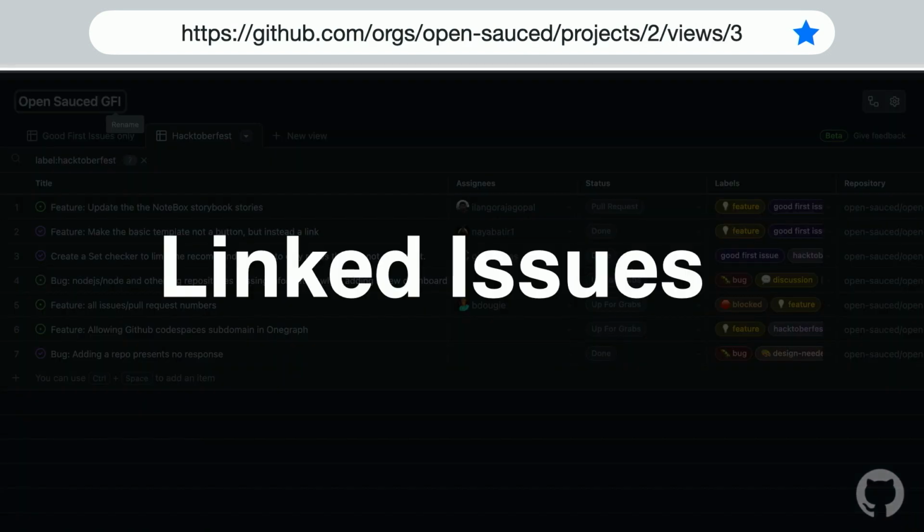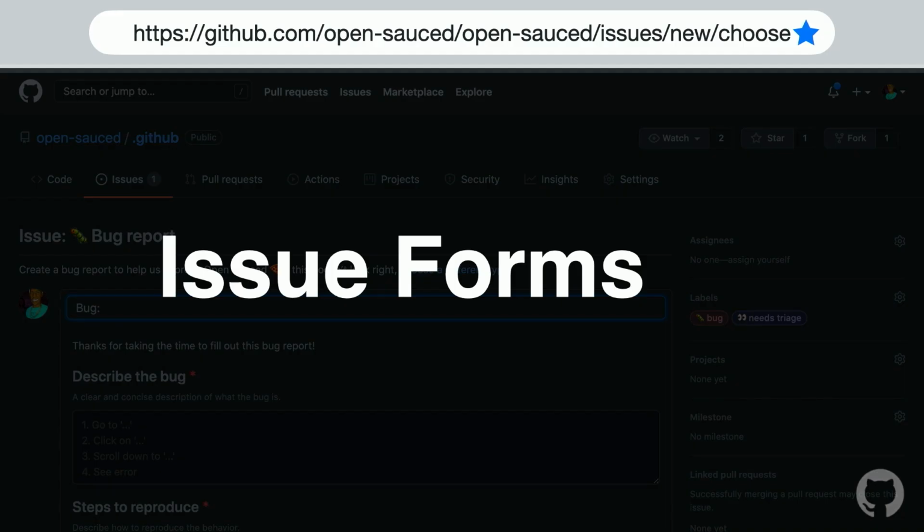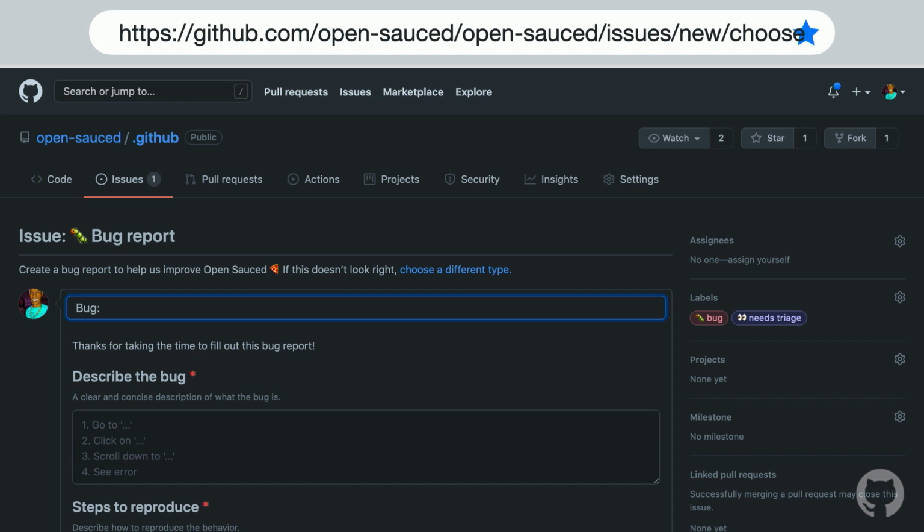I had this idea of, during Hacktoberfest, leveraging linked issues. Linked issues is a way, if you're not familiar, to take an issue and link it to a PR. Because sometimes we get unwanted contributions or contributions that didn't have a lot of context, we push a lot of our contributors into linking issues to their PR. And we're doing this today with a GitHub Action. So for linking issues, you just need to have that little flag. It's detailed in the docs. Definitely check it out. We also use issue forms as well. Issue forms is a great way to centralize information to what we actually need.